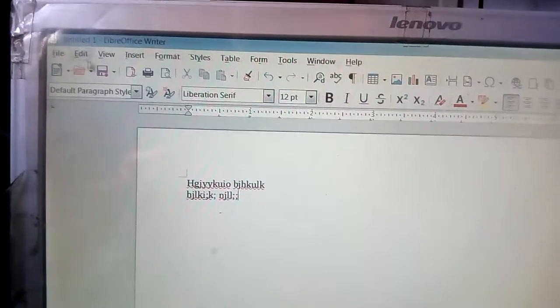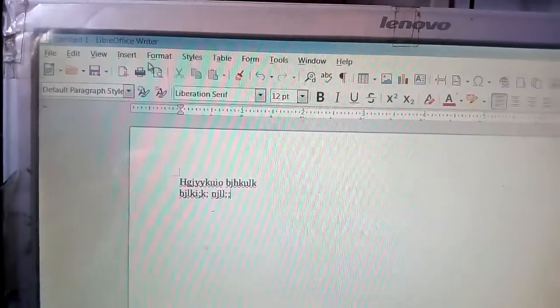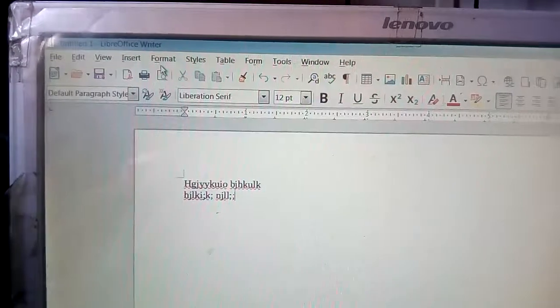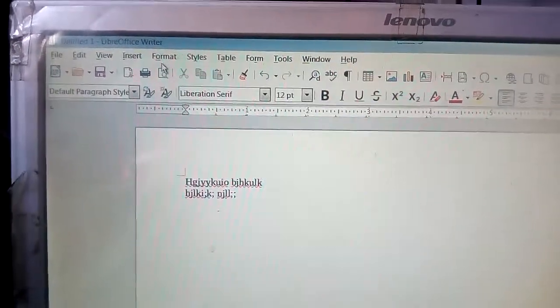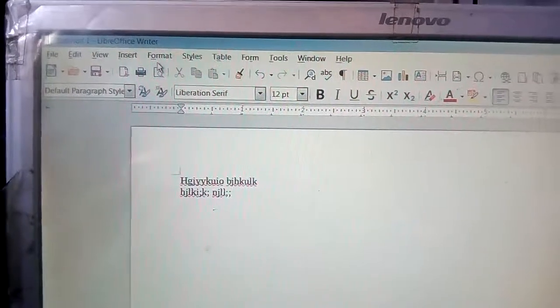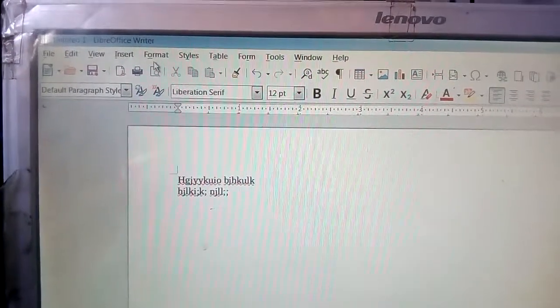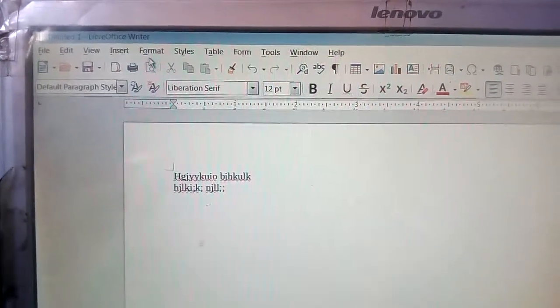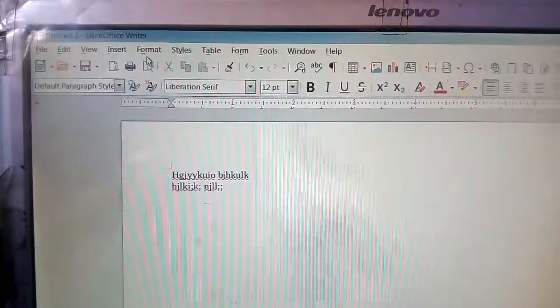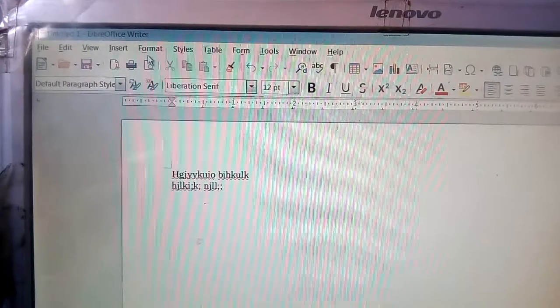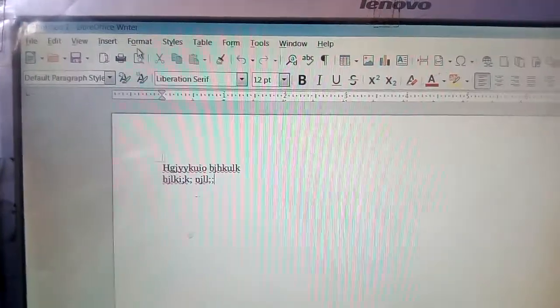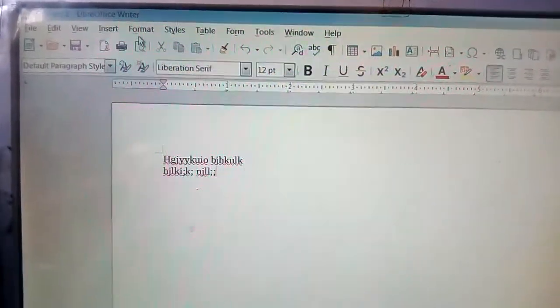Okay, next is the menu bar, where you can see file, edit, view, insert, all these things over here. So when you click any menu, it will display a pop-up menu which has a set of commands, right? So when you click on those commands, it will work according to your selection, right?